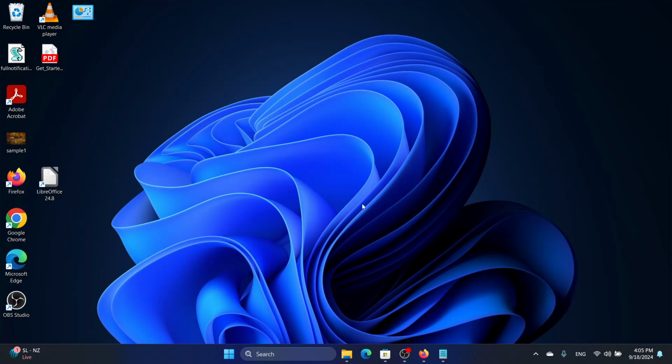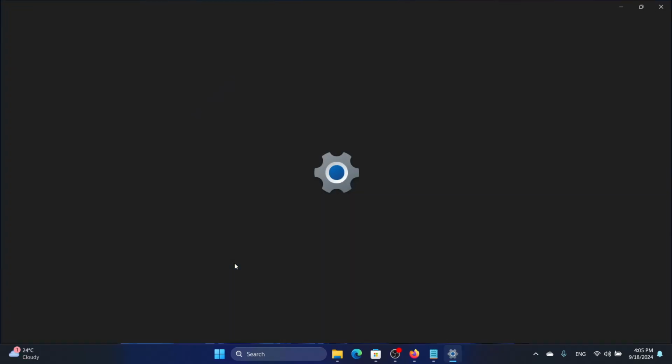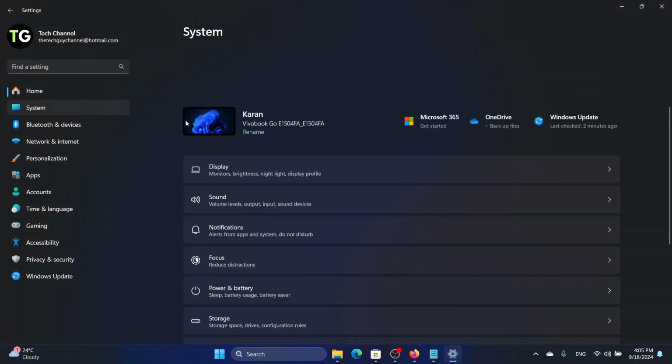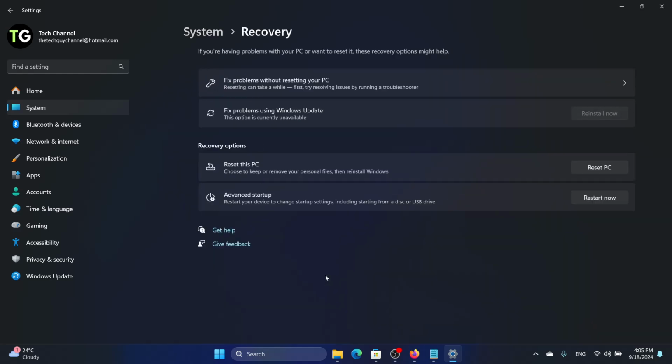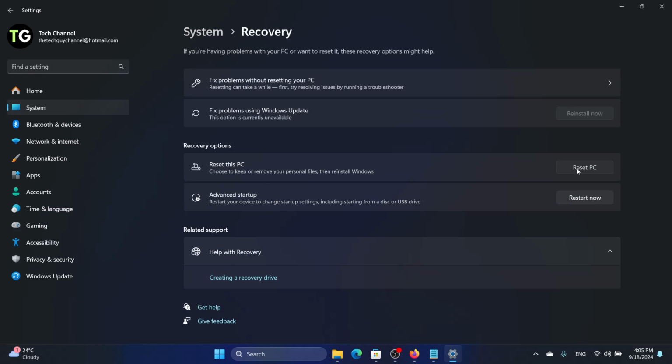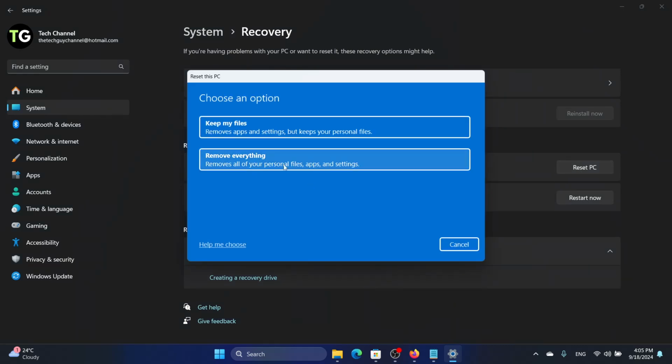And now if all of this doesn't work, in 95% of the cases these solutions reduce the CPU usage, but if it is still not reduced, then you need to perform a reinstall. So right click on the start button, go to settings, click on system, look for recovery and then click on reset this PC, click on remove everything. But before you do this, make sure that you backup your personal data into an external hard drive,